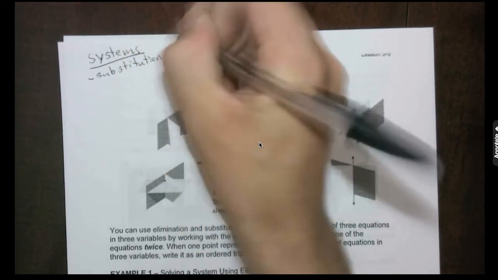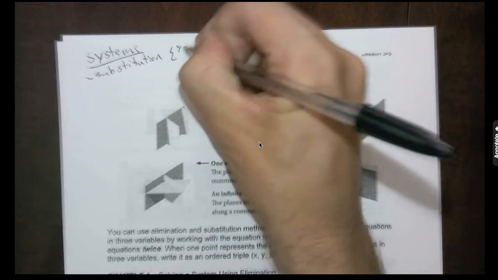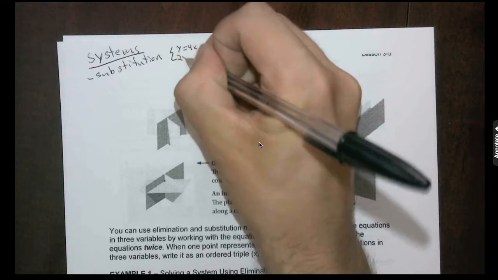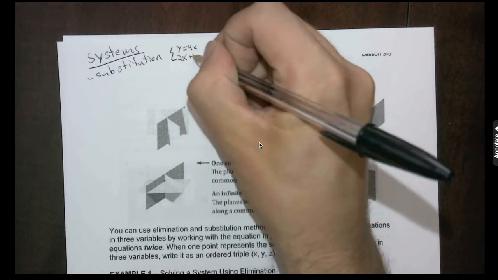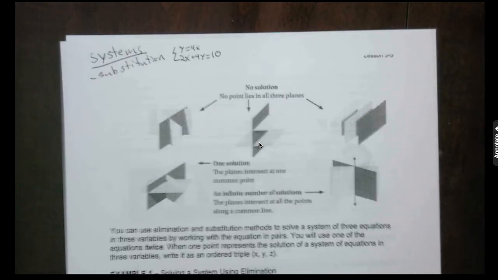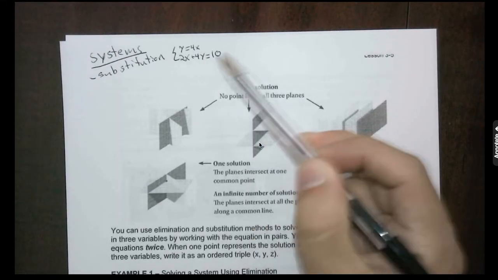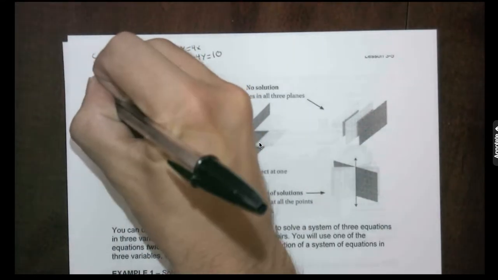An example where this would be used is where we have one equation that's already isolated, so y equals 4x. And we have some other equation that doesn't necessarily have a variable isolated, but we could definitely take it further. So it would make more sense to take 4x, put it in for y, solve from there. We've also seen elimination,